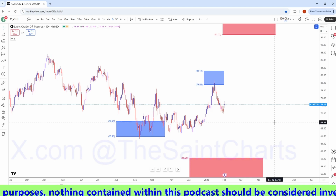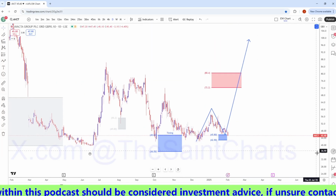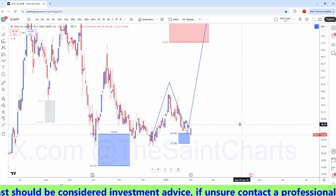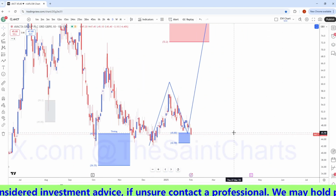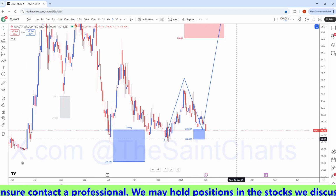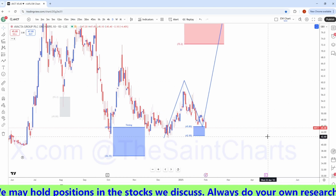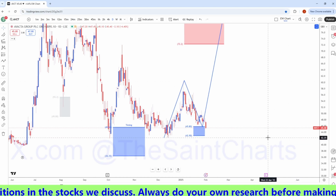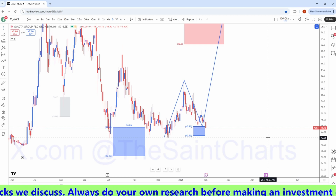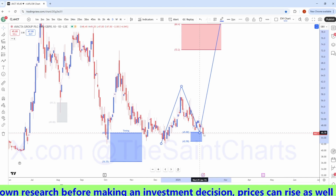So the next one I'm going to do is Avacta. And this one we covered off recently, and I said that I've got a blue box reversal zone there at 45.80 to 42.90. I didn't think it was going to hit it, but it has. So for me, that looks like a good risk reward. For me, I don't want to see it drop below 42.25. So if it can hold in that box there and make a push up,